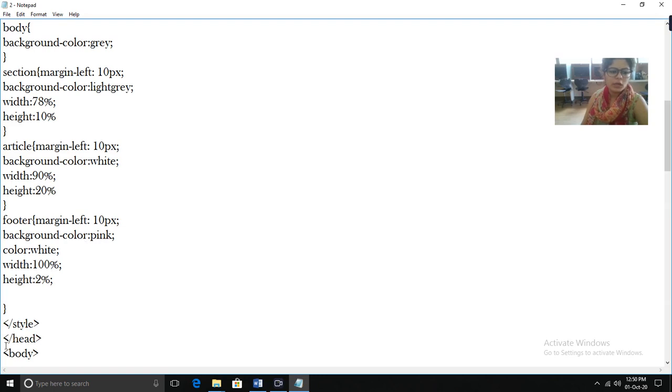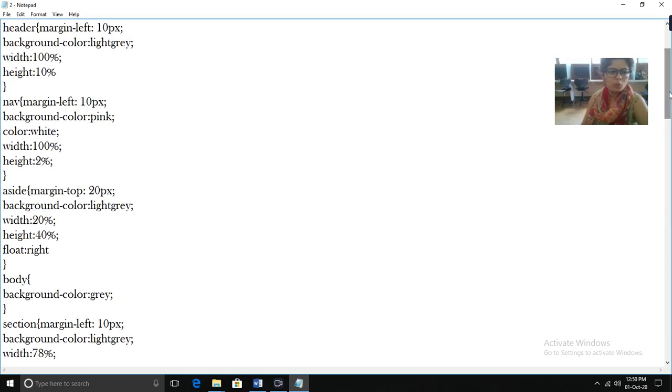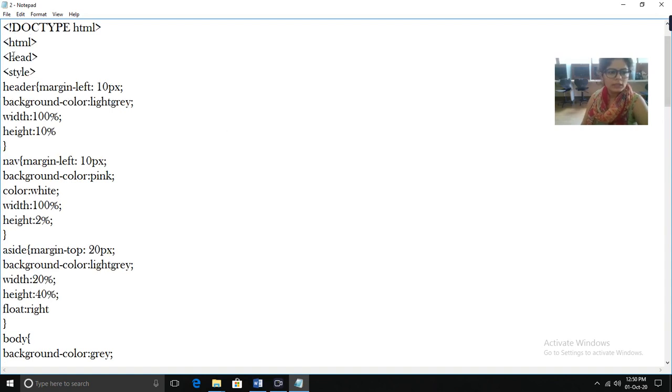Style tag close, head tag close. So we have provided all these stylings under the header tag, sorry, not heading tag, under the head tag. So this is the close of the head tag. I hope it is clear to everyone how we have provided CSS under the head tag by using the style tag.